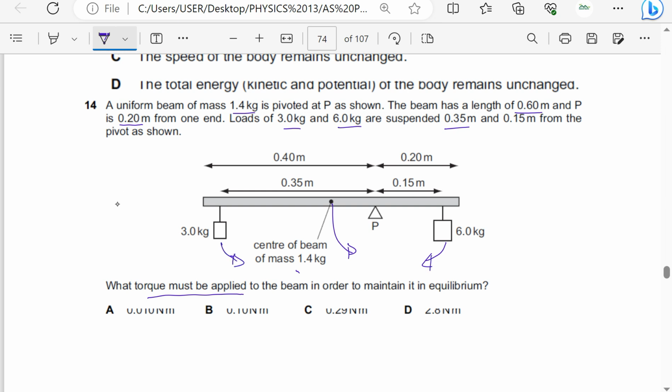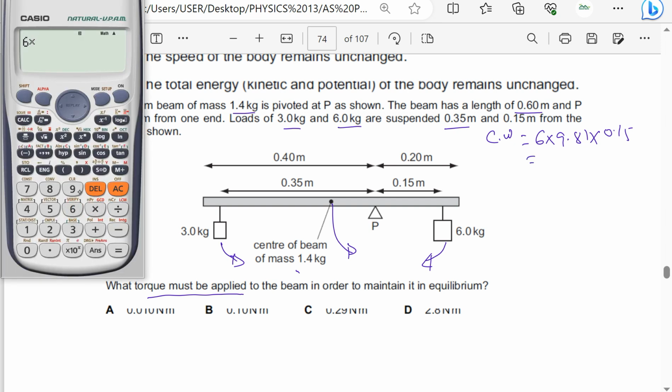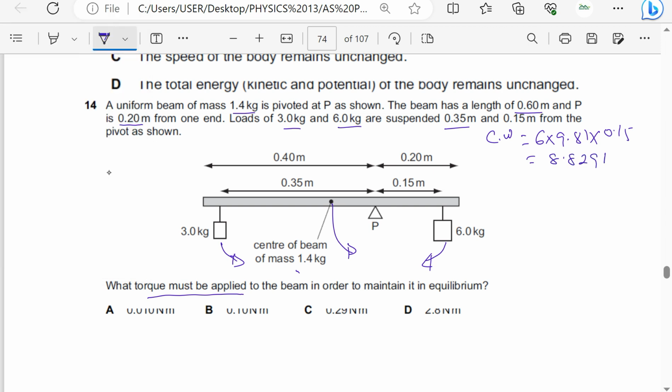So let's check. For the clockwise moment, I'll write CW for clockwise moments. We have 6 times 9.81 for the force, times the perpendicular distance, which is 0.15. So 6 times 9.81 times 0.15 is 8.829 Newton meters, that is clockwise. For the anticlockwise moments, we have